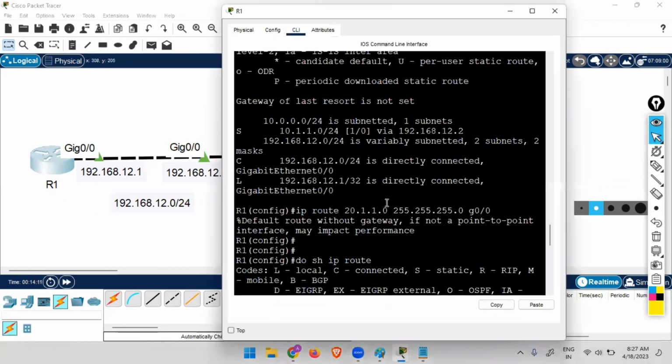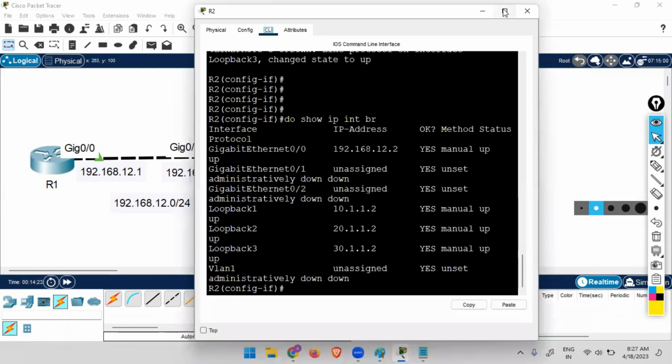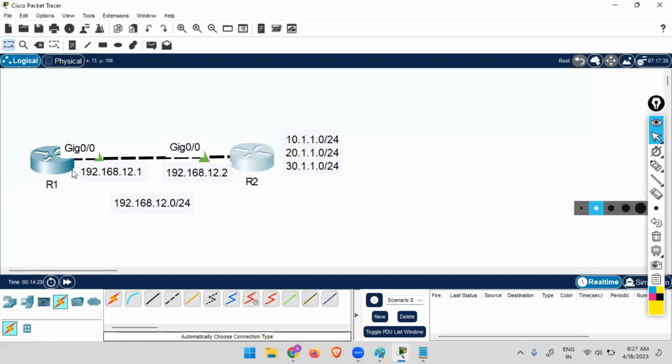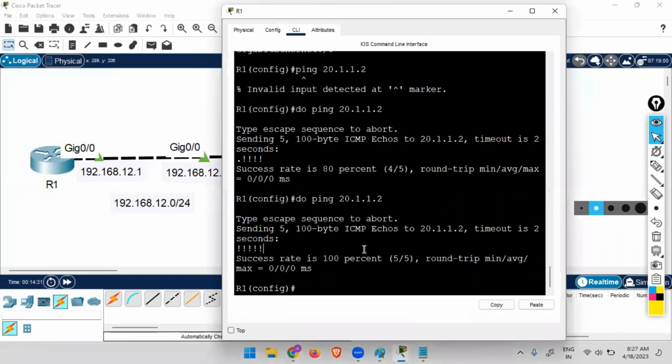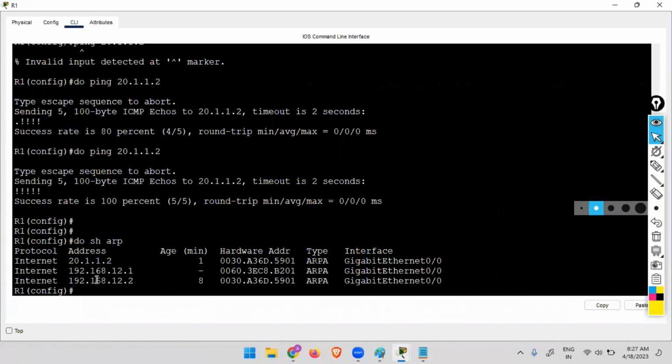Okay. Right now, we are able to have communication. Why? Because this router is giving up the MAC address. Right? See, if I will ping 12.2 and this 20, both will have the same MAC address. You see here. This is R2, not R2. On R1, we need do show ARP. If you see the IP 12.2, what is the MAC address? 5901, 2112, 5901. Correct. So both are having the same MAC address,